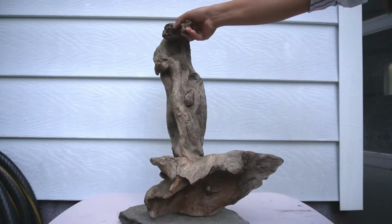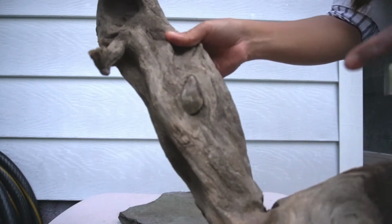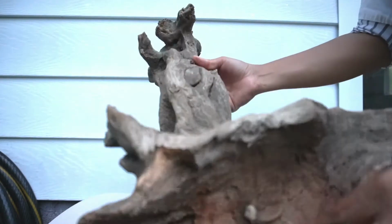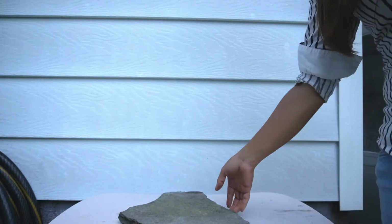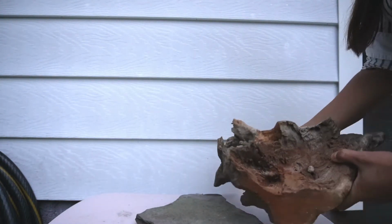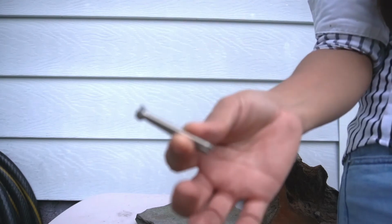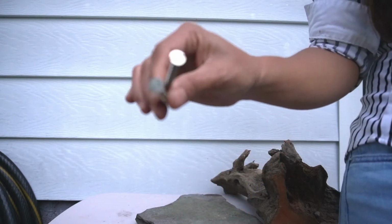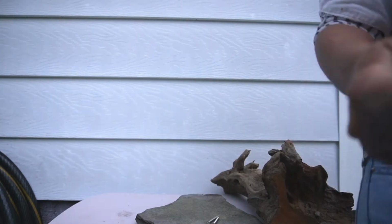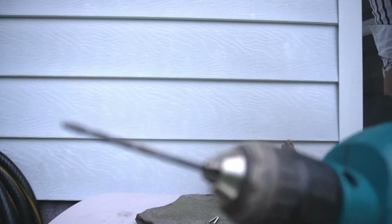Okay, so this is the driftwood that I will be using for the next one, and there's stones embedded in this one, and also this is the slate, and we'll be using 1.5 inch stainless flathead screws, 3/8 drill bits, 1/4 inch drill bit, and 8-inch wood bits,